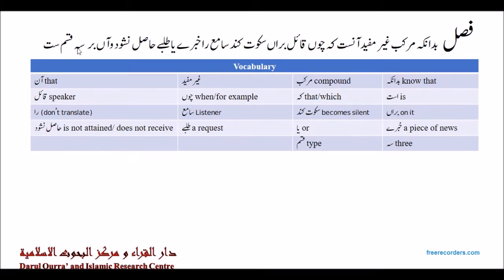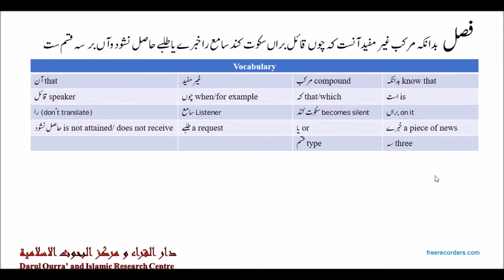Lastly, he says, Wa'a barse qisam ast. Wa means and, that, bar on, se three, qisam type, ast is. So how do we translate that? And that, wa'a. Then we jump to the word ast, and that is. Then translate bar, on, then translate se, three, and then translate qisam, types. And that is on three types. So in other words, the Murakkab Ghair Mufid has three types.